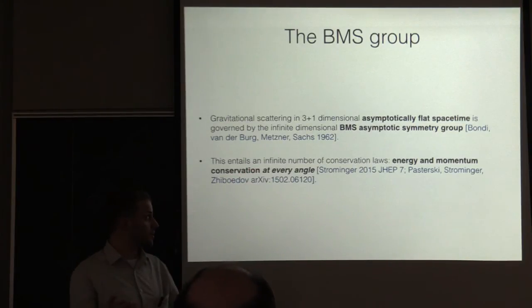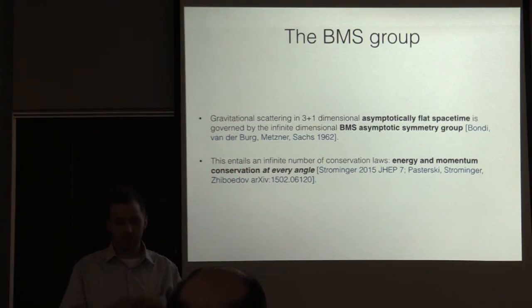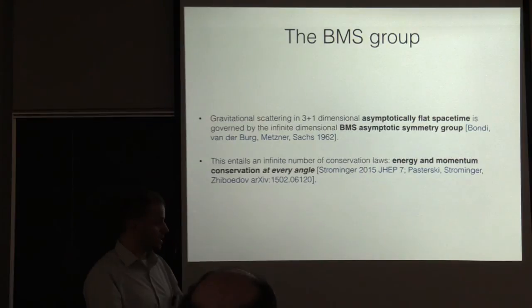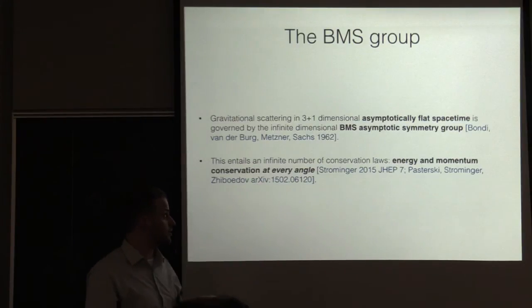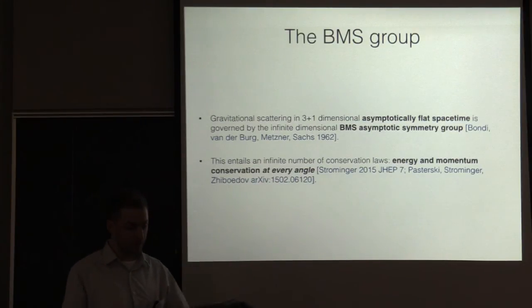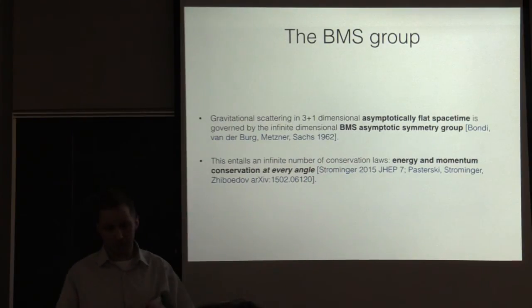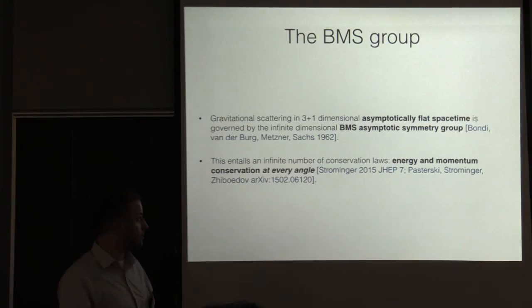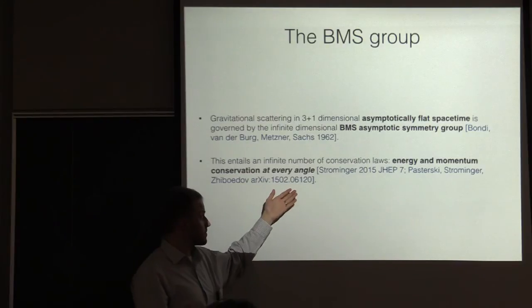You get a huge group, and it's just called the BMS group after the people who discovered it. It's much more mysterious than the conformal group. It doesn't show up naturally or obviously in field theory, but if there's some description of life on the boundary of asymptotically flat space, it should be governed by the BMS group, the same way the conformal group governs asymptotically anti-de Sitter spacetimes. And this has generated a lot of excitement recently. There's been press releases because Stephen Hawking said something about it.